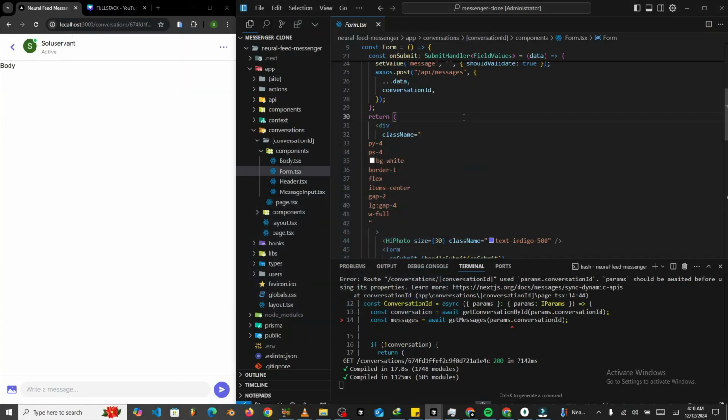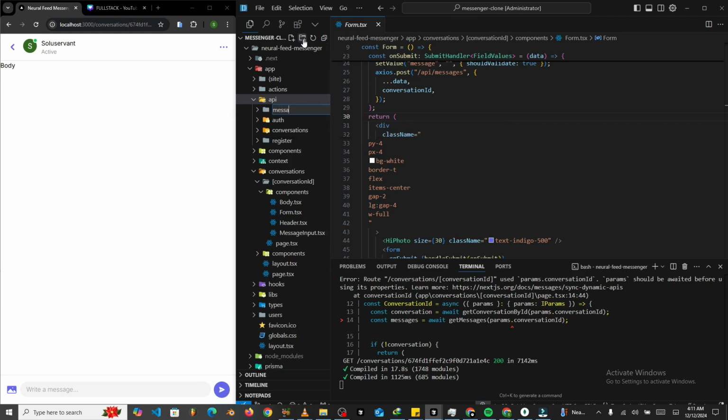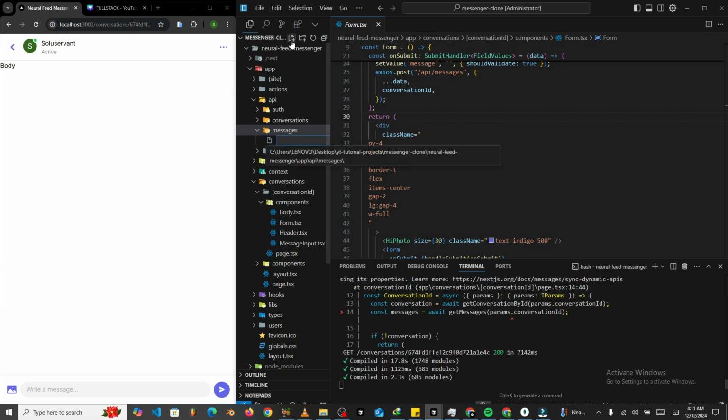Alright, so I quickly want us to be able to create the functionality or the routes that basically help us create new messages, right? So let's not waste too much time, let's just get to it. The first thing we want to quickly do is go into the API folder here. So API, you can see, then we'll enter the messages. So for that we are going to create the messages folder. So I'll just say messages like this, nice and clean,